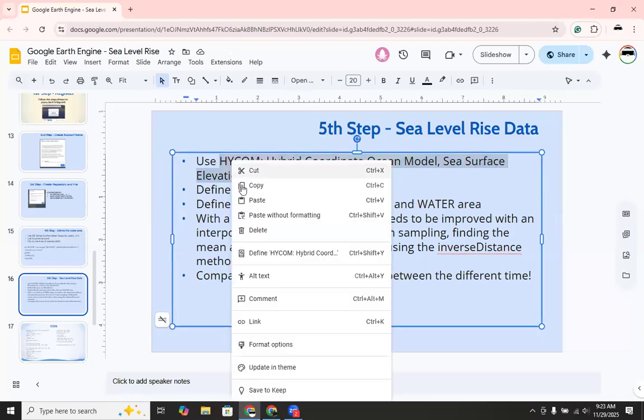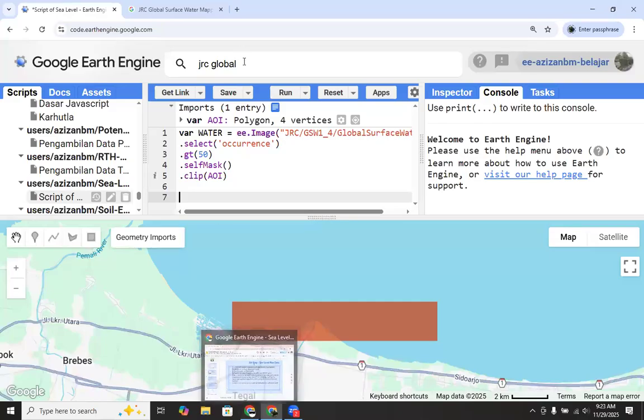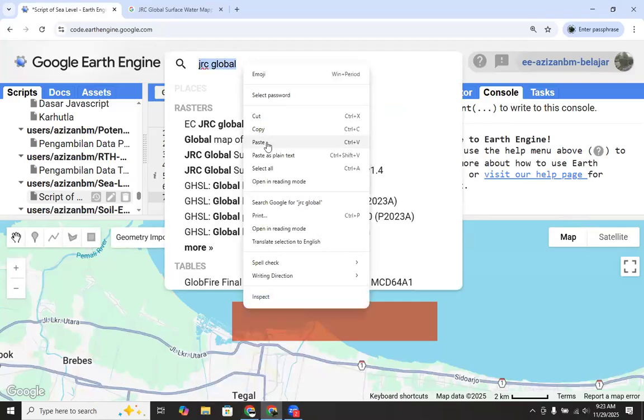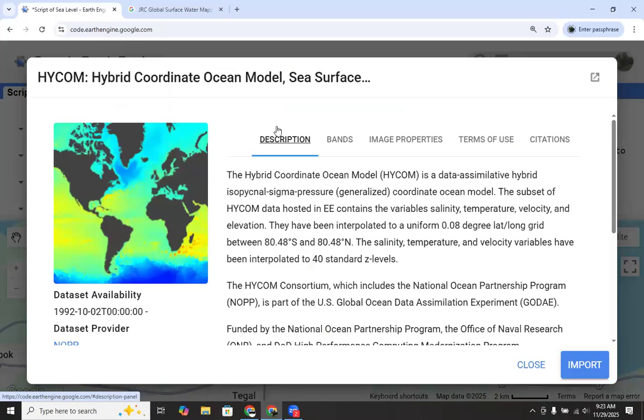Copy the name of the dataset, and then we view the dataset in the catalog page.